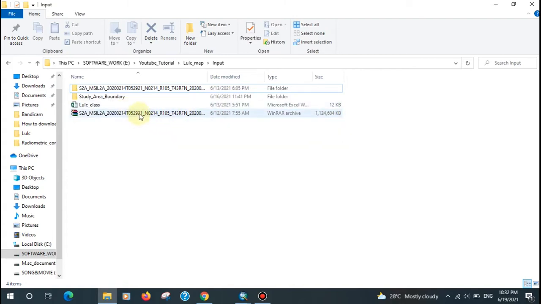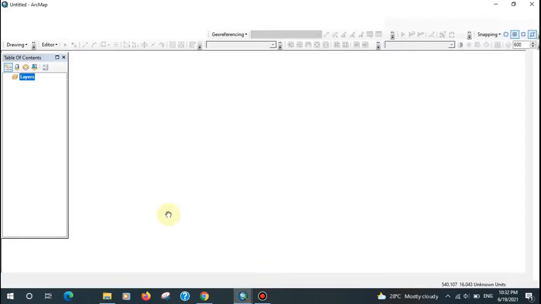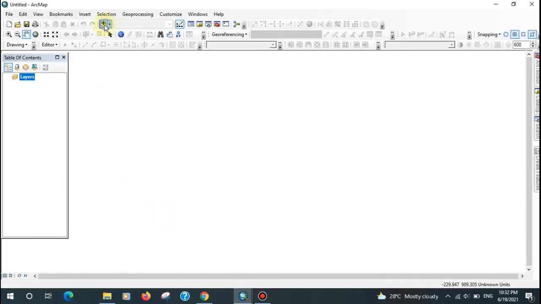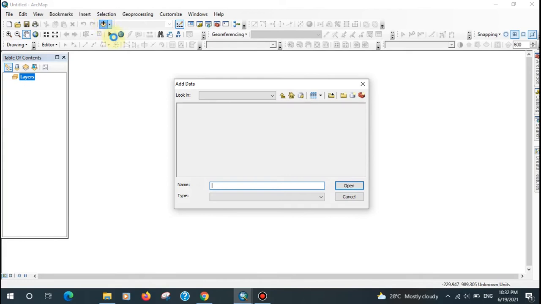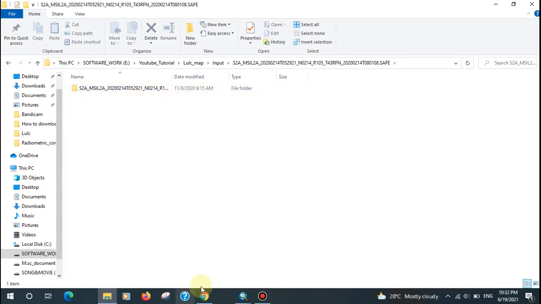After downloading the data, I have already extracted it, and you need a study area boundary. Okay, so at first we need to extract the Sentinel data and add the bands to a composite. So this is the extracted Sentinel data.